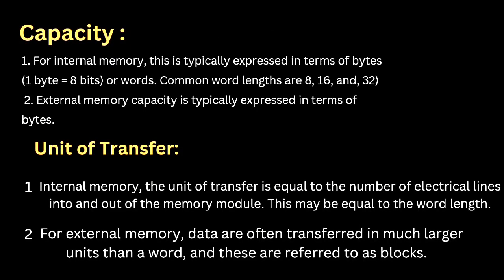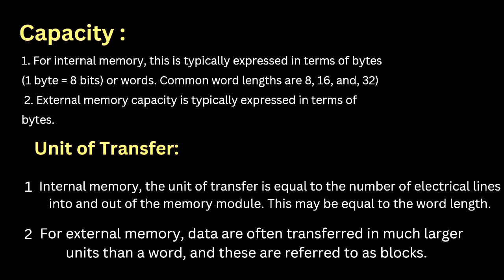Capacity of the memory. It is the most important feature of computer memory. Storage capacity can vary in external and internal memory. External devices storage capacity is measured in terms of bytes, whereas the internal memory is measured with bytes or the words. The storage word length can vary in bits such as 8, 16 or 32 bits.